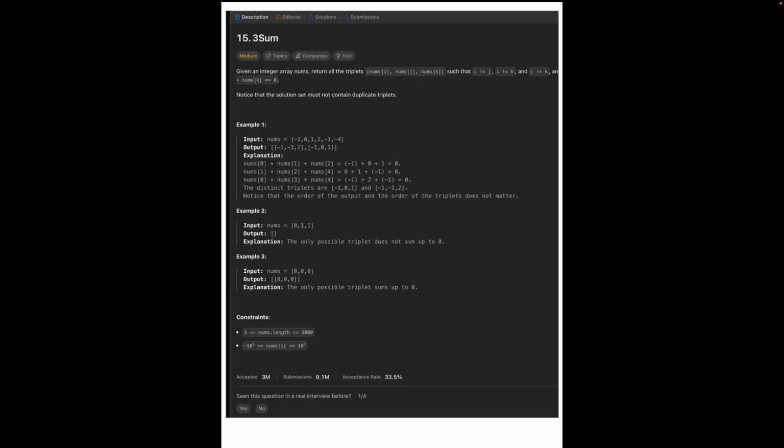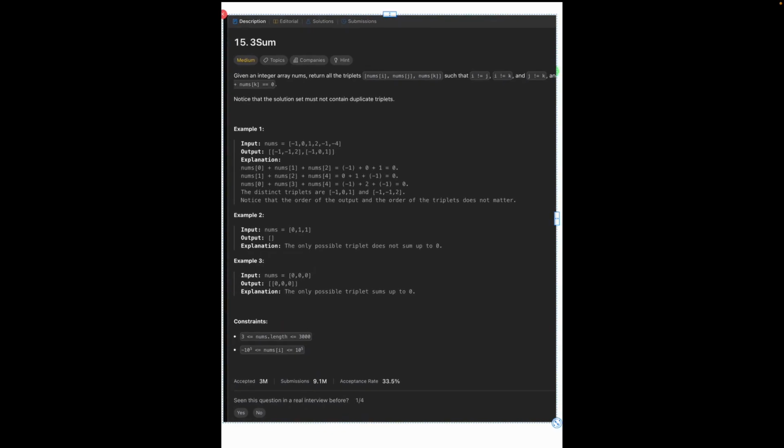It says, given an integer array nums, return all triplets such that i, j, k are not equal, and all of these numbers actually sum up to 0. Sorry, the question is a little bit cropped there, but what it means is nums[i] plus nums[j] plus nums[k] equals 0. This is what they basically try to tell us. So okay,